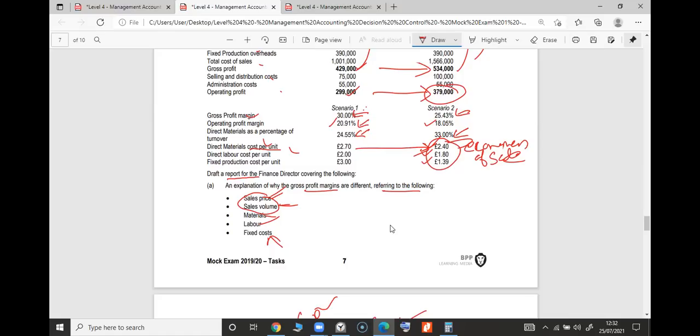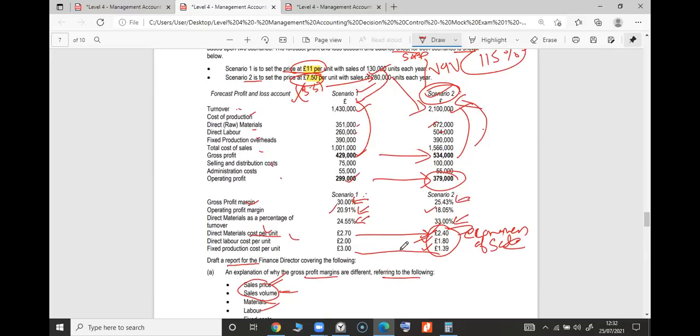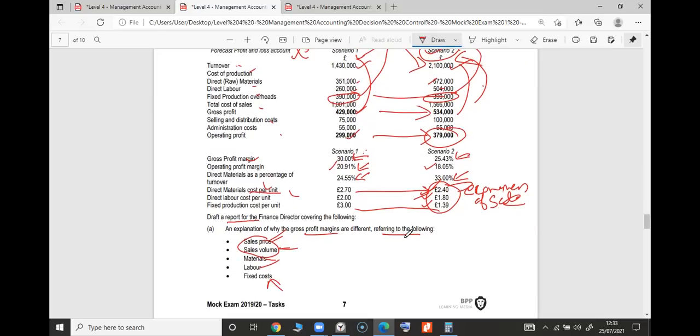Direct labor cost. Yeah, cost is spread over the units. Fixed cost you can save. That is the reason for the 130. Look at this: your fixed cost is 390,000 for 130,000 units, and also 390,000 for 280,000 units. So your fixed costs remain fixed, but that is giving you greater savings here. So bring that point down here. Labor cost, maybe your labor.